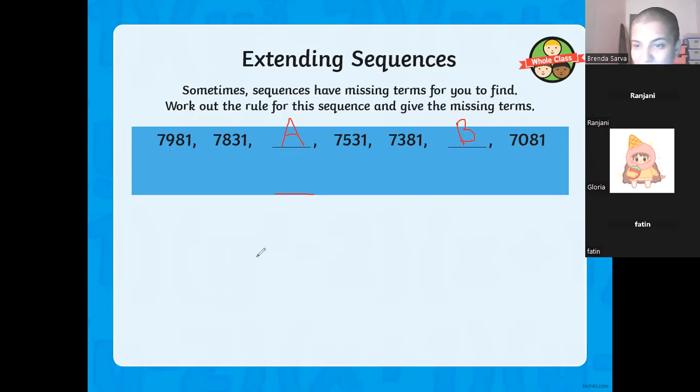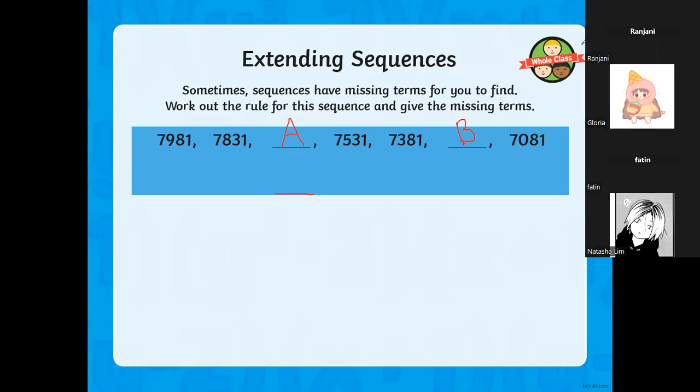Fatin has given me an answer for A. And how about B? Then I want to see all your answers. Ranjini, you gave me the rule at the back there. Good. Natasha, oh sorry, Gloria, what's your answer? Hi, Natasha. Maybe you missed out a little bit. Later you watch the video. Can I have more of your answers? Fatin, your answer for B. So Ranjini gave me 2 answers. Your answer for A, most of you have given me here